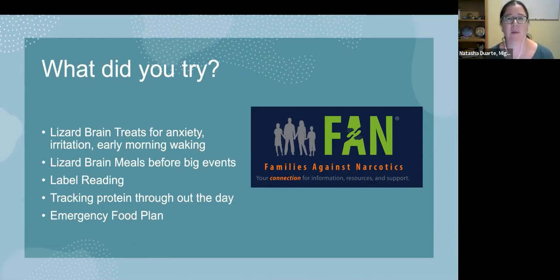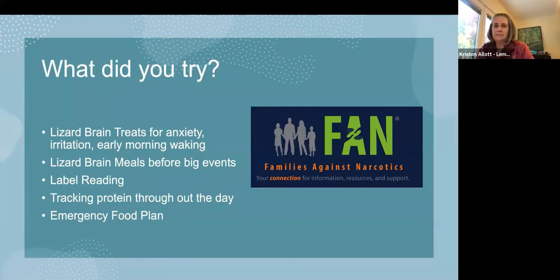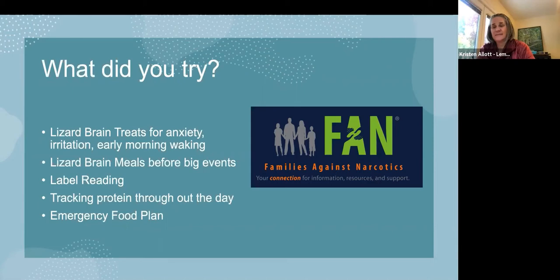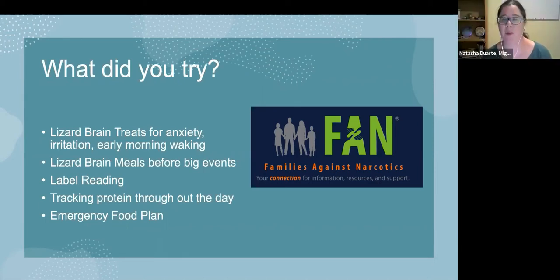And one person says they've been working on recipe development for balanced snacks prior to going to bed. So date and peanut butter rolled in a protein granola. Oh, nice. That's a great one. I think I'm going to take that out of the chat and put that on our jam board. And then another person said, peanut butter protein powder cookies are very tasty. I've also shared the lizard brain treats I need help now handout with many folks.